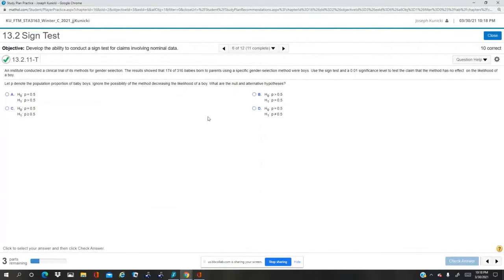And notice that it's 174 out of 316. So you have to subtract. So the boys were 174. That means the girls were the remainder, or 142. So 174 plus 142, you add it up to get 316. Alpha is 1%. So